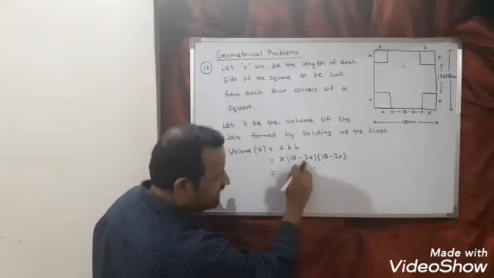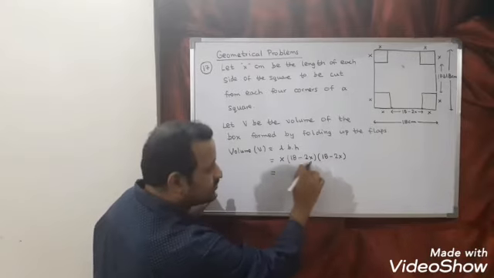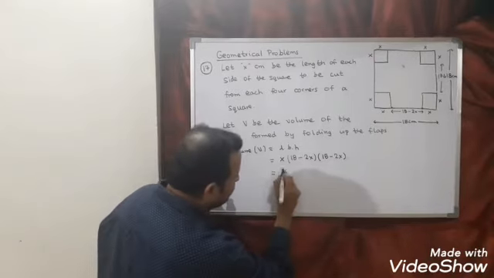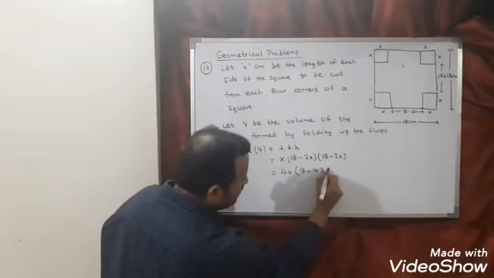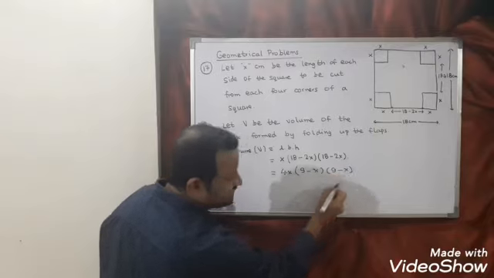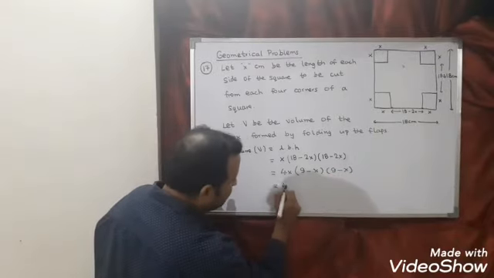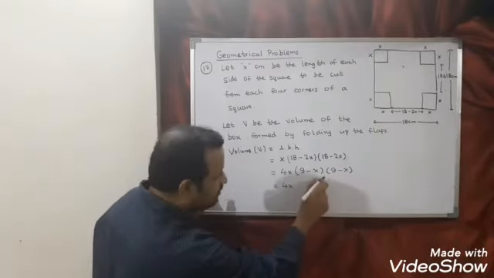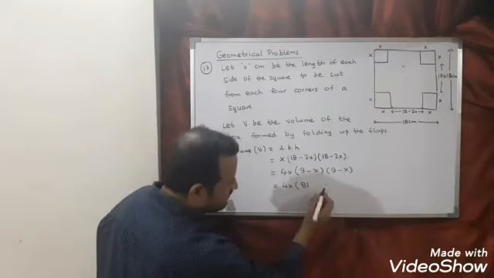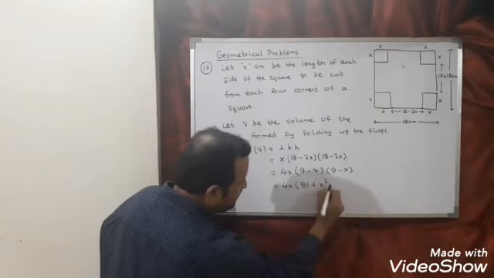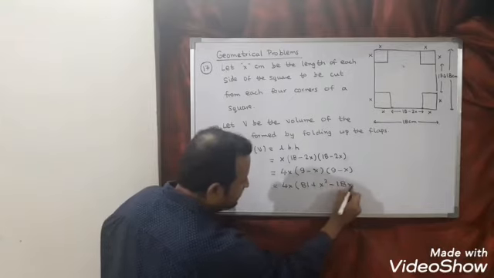Now look here. So let us multiply. So here 2 will come outside, here 2 will come. So 2 into 2, 4. So here I can say 4x into 9 minus x into, here I can say 9 minus x. Or this I can say 4x into 9 minus x whole square. Expand. So 9 square is 81 plus x square minus, you will get 18x.